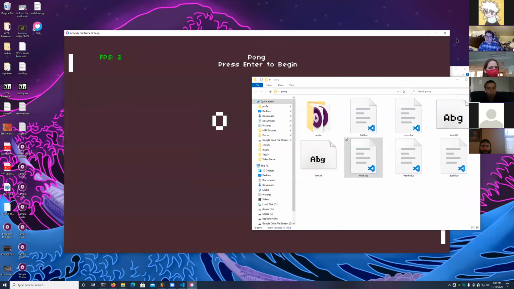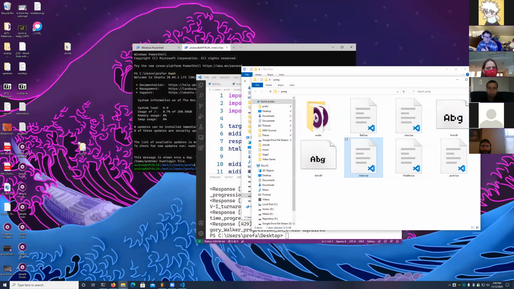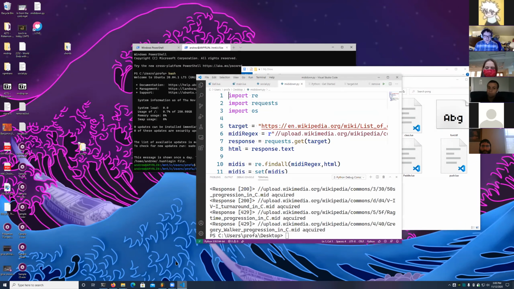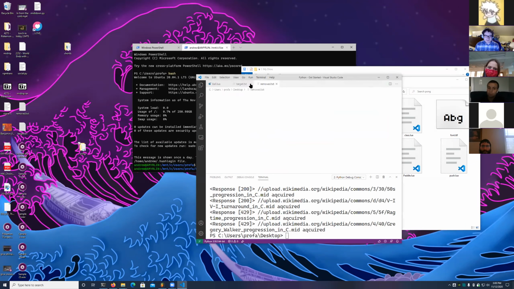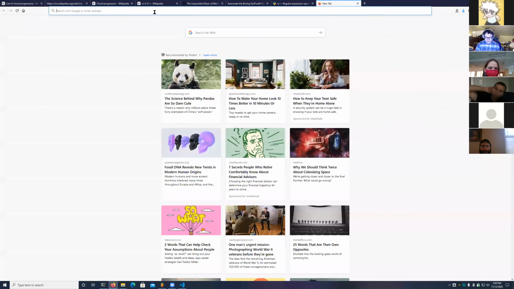But the easier way to do that is to open up Visual Studio Code, okay? And say you want to do a Lua project. So here, let's go ahead and start getting